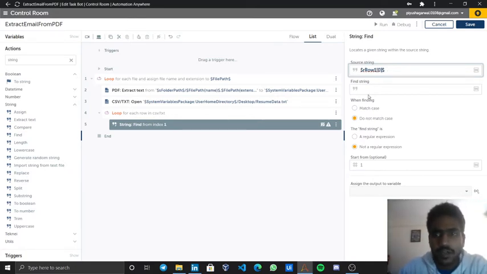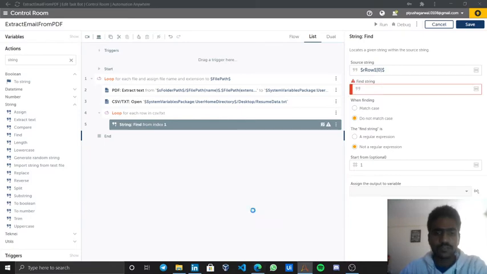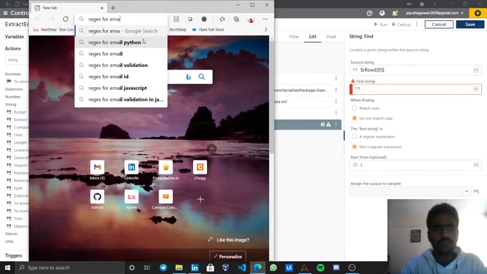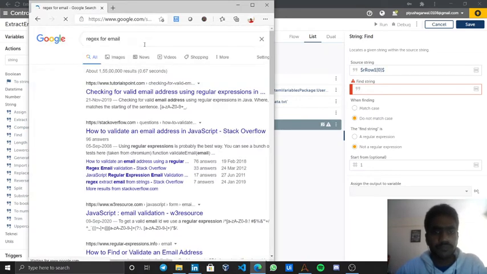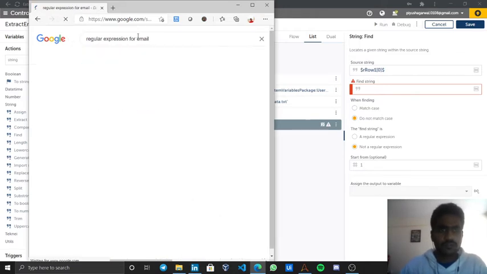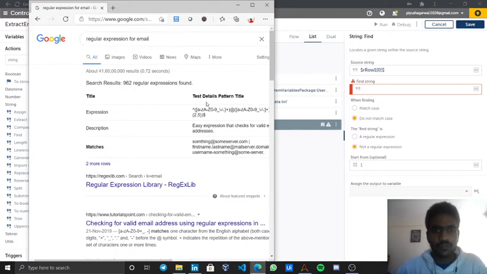Now the find string. For that we are going to use a regex. So let's search what is the regex for an email. Regex for email. I will write it properly. Yeah, so we have got a regex value for us.